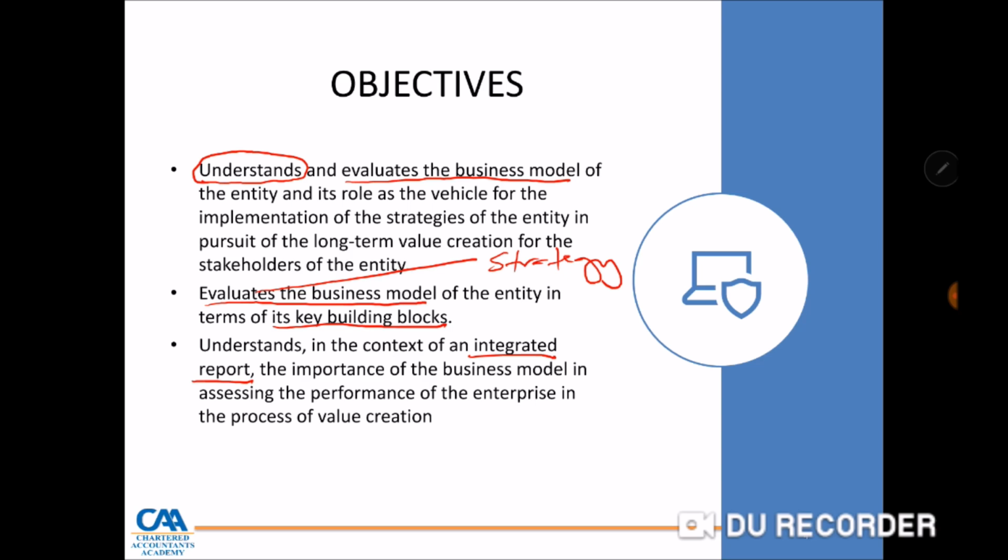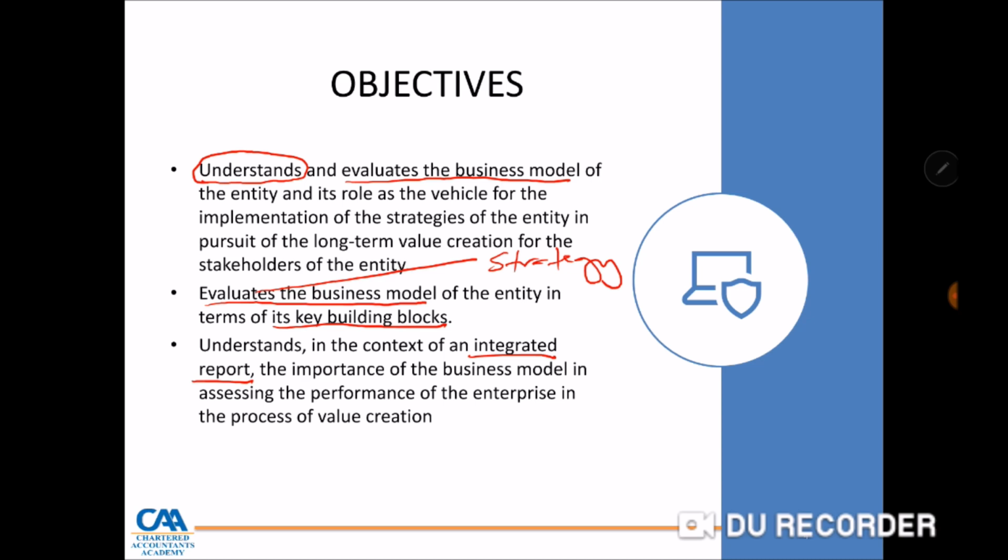But above all, the main importance of this topic is this: whenever you get in the examination, chances are high you are not going to get a requirement which will specifically ask you to describe an entity's business model. But for the purposes of understanding the scenario, it is fundamental that you have a deep understanding of an entity's business model. Why? Because there's no way you're going to be able to, for example, do a risk analysis for a company if you don't have an understanding of its business model.